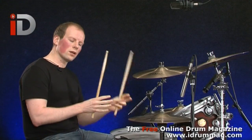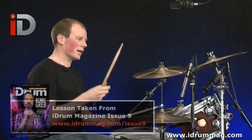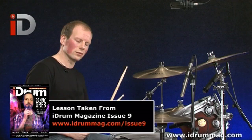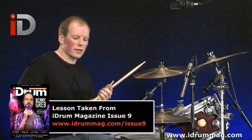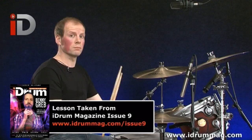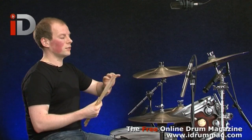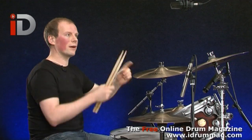So there we go. So I started off with the main groove, just letting it sit, and then start to add a few things, get a few fills going on there. But you have to be able to look at the phrase or the melodic content within a groove. So perhaps what you might want to do is take the bass drum snare drum line and just write it out as one continuous line, or be able to play the whole thing on just one drum or one sound source that you've got on your kit, and use that and be able to share it out in a different